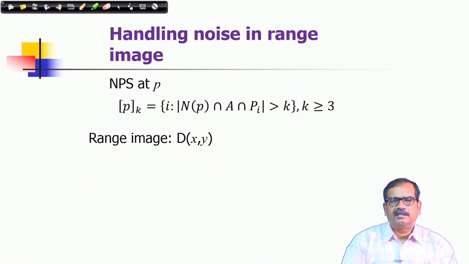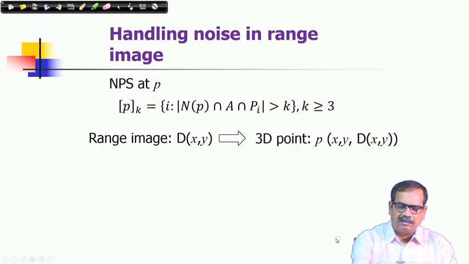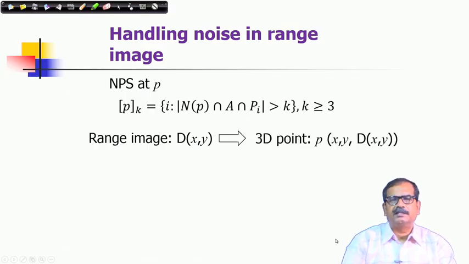So, that is the case when we are trying to handle range image, because range image is an image which has been taken from a real life scenario, and it is expected that there would be noise in those imaging systems. So, in a range image dxy, we can define a 3-dimensional point as x, y, dxy, and around